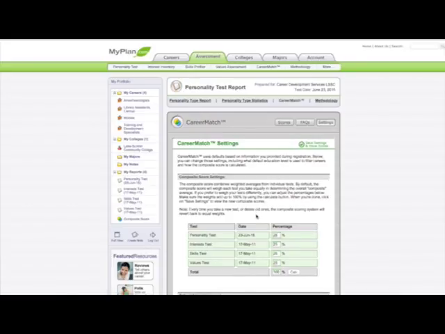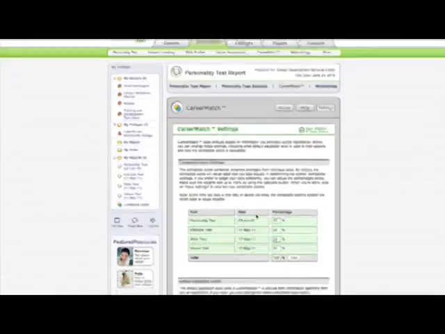For the composite score settings, you're changing how Career Match weighs the different assessments that you took. So let's say, for example, you want the personality and interest assessments to weigh higher than the skills and values assessments. All you would need to do then is change the percentages and hit Calc, and then it would recalculate